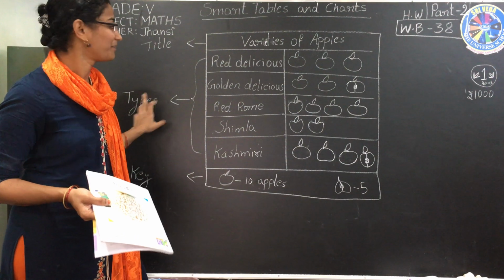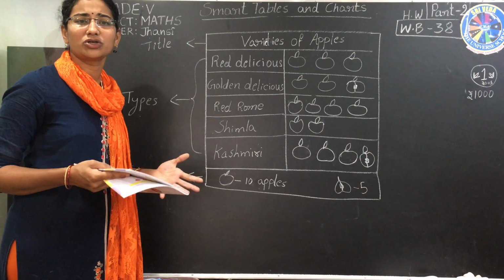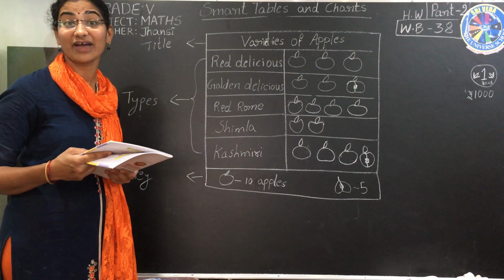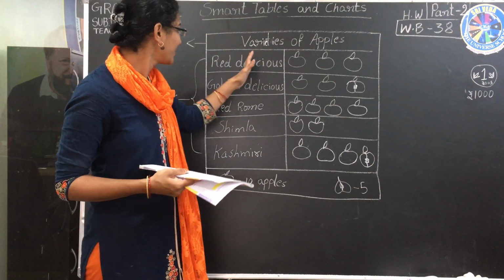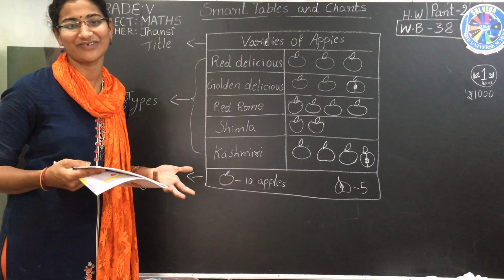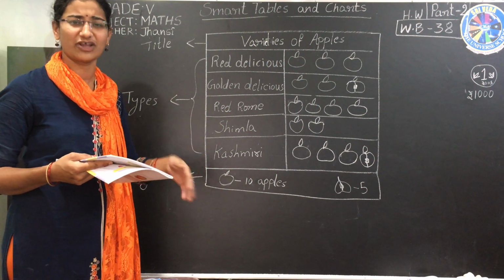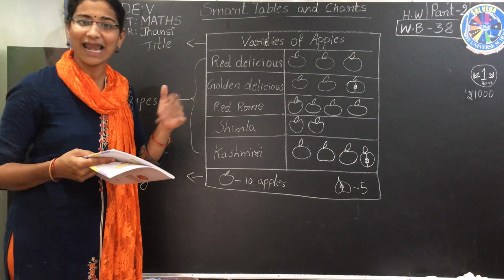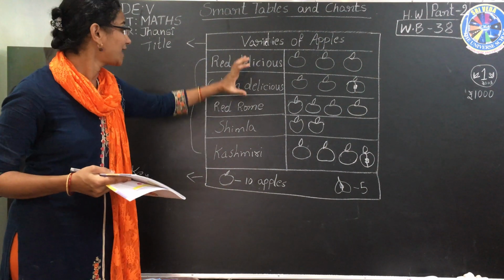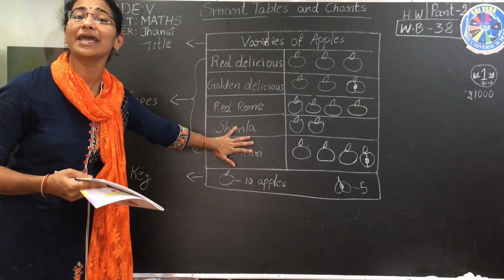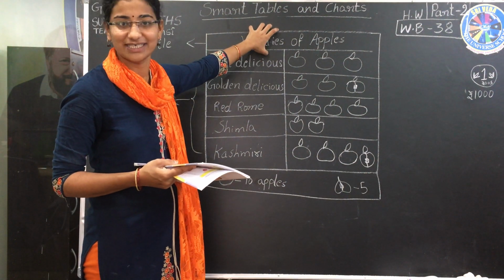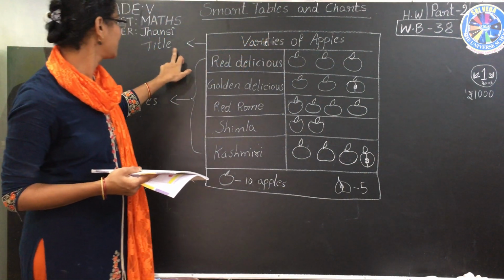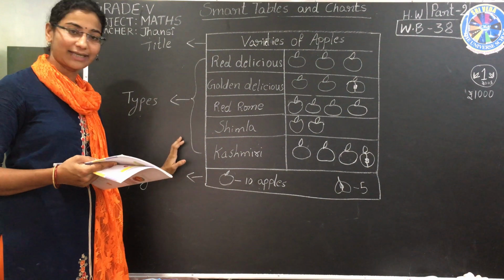Like that. Then for example, if you want to take flavors of ice cream, the flavors of ice cream will be the title. Here what will we give? Different types of flavors: chocolate flavor, mango flavor, strawberry flavor, like that. Whatever it may be, the types should be arranged in rows and columns. The title should be in the first line of the box. Here title, next types.